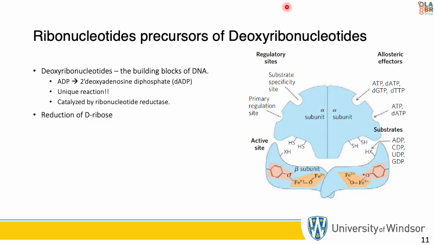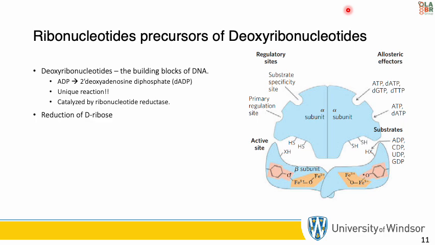This reaction is actually somewhat unusual in that the reduction occurs at a non-activated carbon; there are no other chemical reactions that are actually like this. And this reaction is catalyzed by ribonucleotide reductase, which is this image over here. We'll go into great detail and learn about it in the next few slides and how it actually works. We'll know all about the substrates. We'll learn about the regulatory sites, the primary regulatory sites, the beta unit, the alpha units, and so forth. So we'll spend a lot of time on this molecule here.